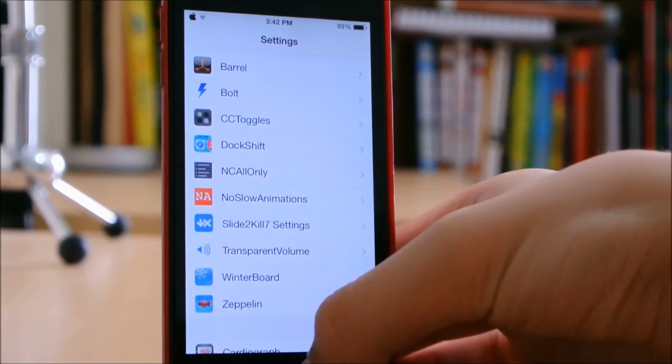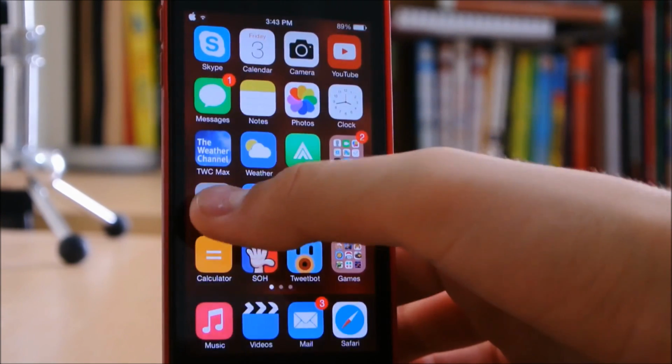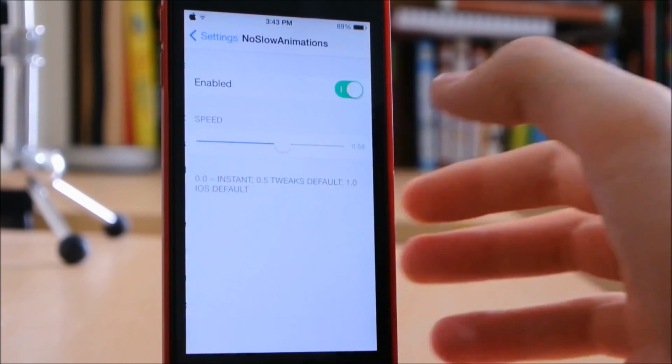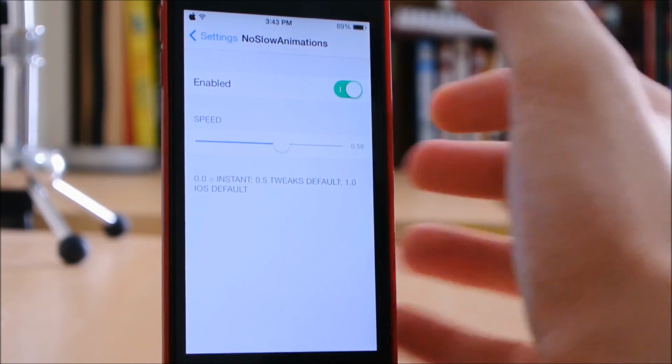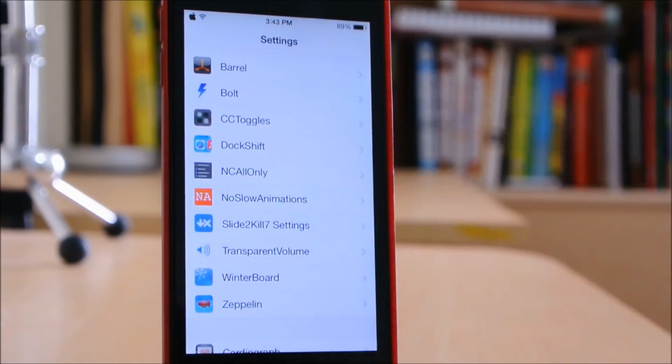Then we have No Slow Animations, which allows you to adjust the animation speed. You can even change it if you want, so there we go. It's like a fake clock-up or speed intensifier for iOS 7. Really nice. Probably my favorite tweak because the iOS 7 animations are so painfully slow. I mean, even though iOS 7.1 beta has some nice improvements when it comes to that, it's not out yet,